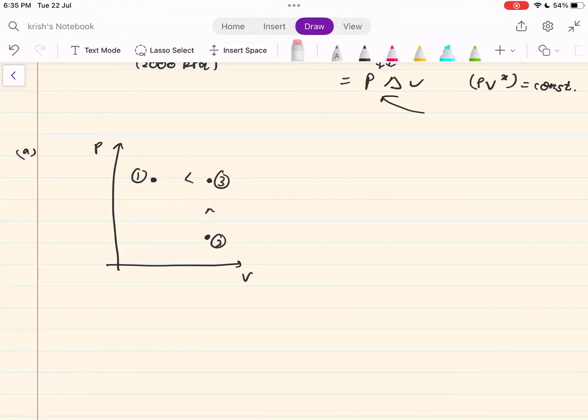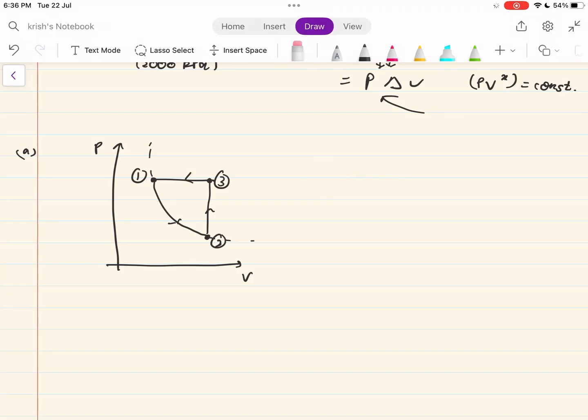Isothermal process will look something like this, right? PV equals mRT. So P and V are inversely related, so we'll get something like a hyperbolic graph, right? Anyways, also if you don't know this, you know that this is how the